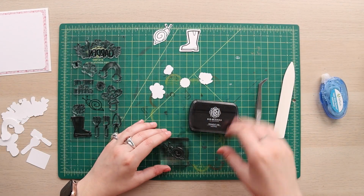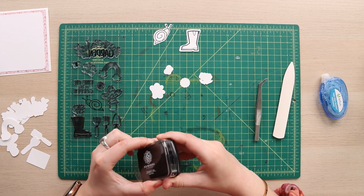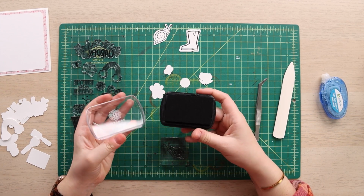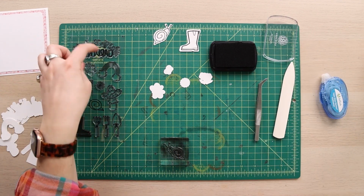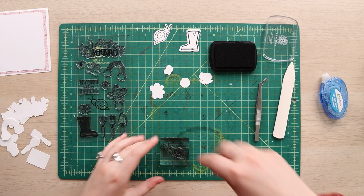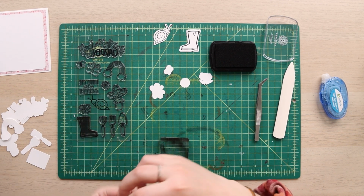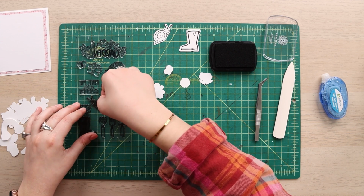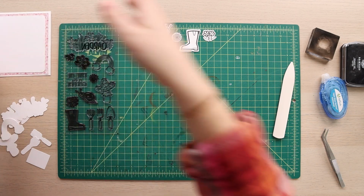So I have my snail all done. I did go ahead and replenish my Remarks pigment ink. This is actually the larger size, which can be quite handy with some of these longer or wider stamps, so you don't have to do as much stamping. You can just get a nice even coverage right away. All right, now I can